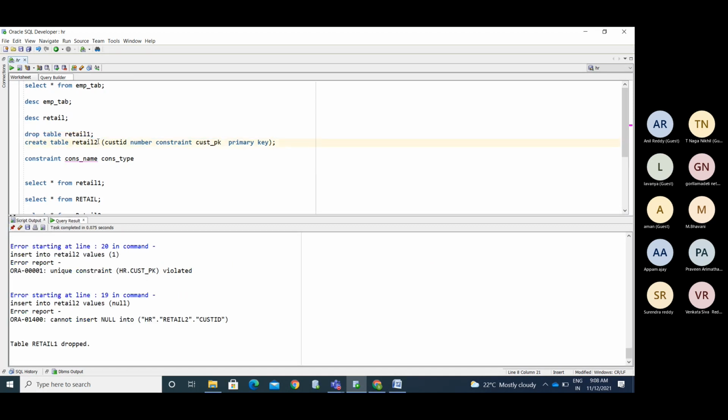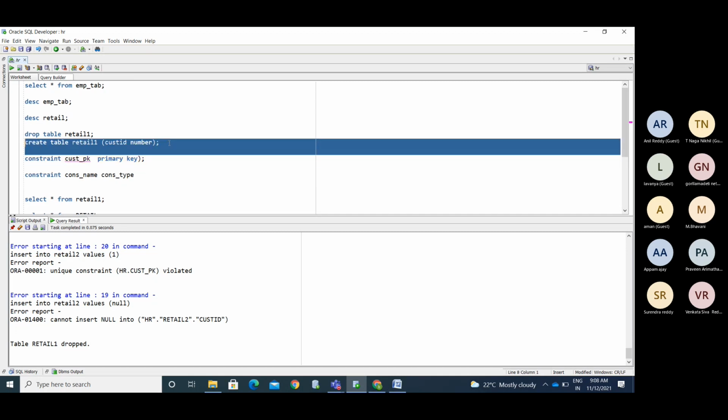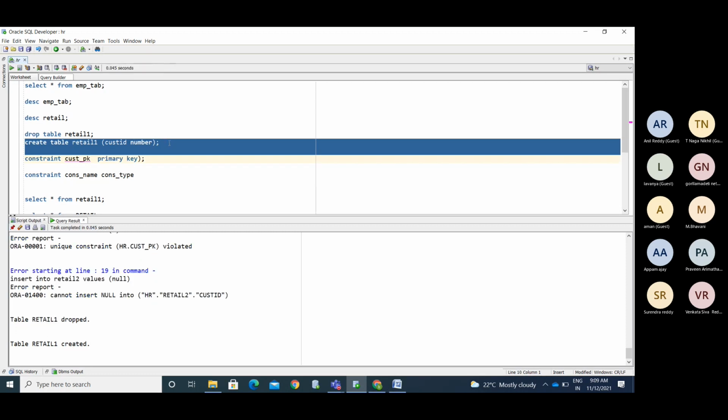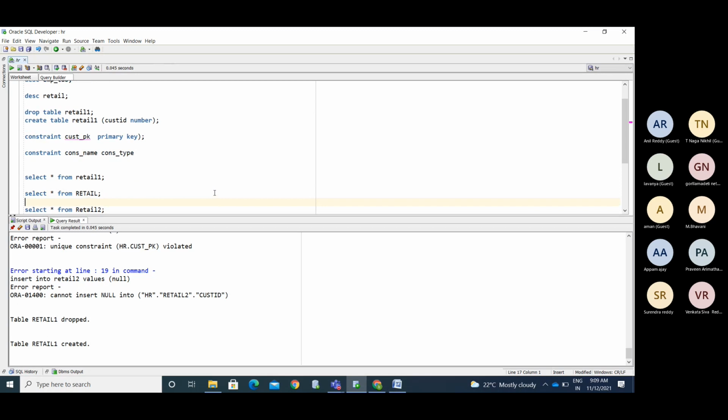I'm going to create the retail 1 table with a cust ID column without any constraint. Now the table is created, and my table does not have any constraint here.